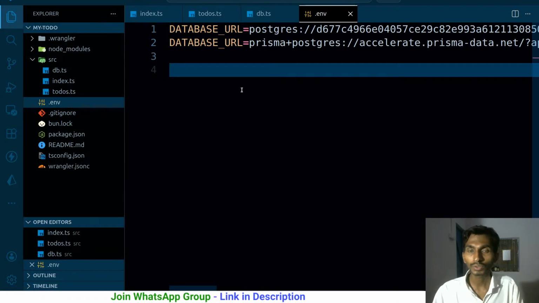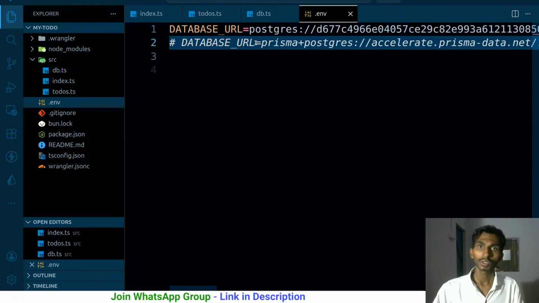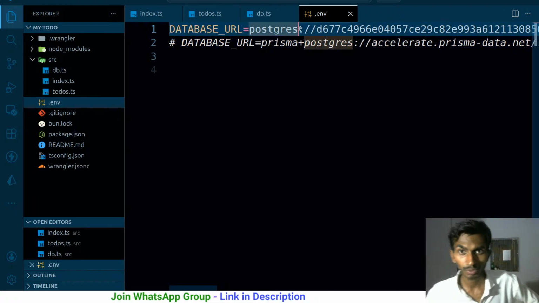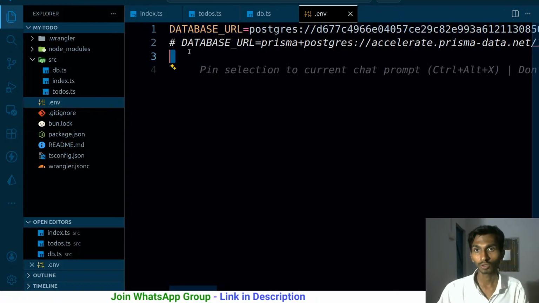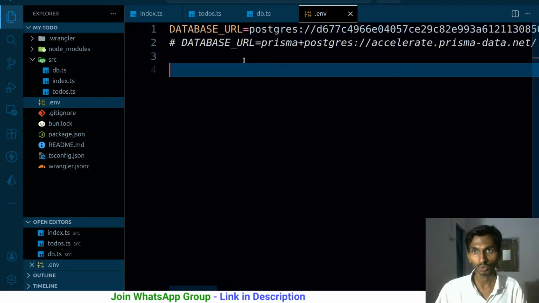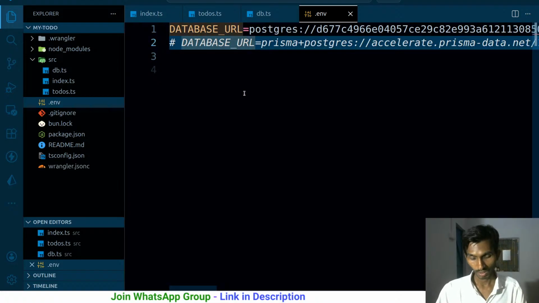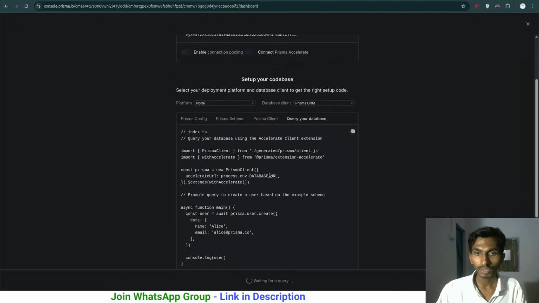So I was going through this. We have two database URLs. One is the main Postgres database URL that will be used for pushing and all. Another one is the Accelerate database URL that will be used for using Accelerate for making the clients and all. Fine. And once done with this,